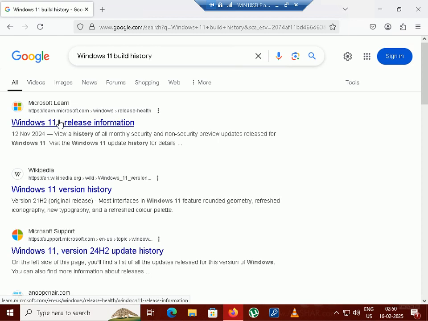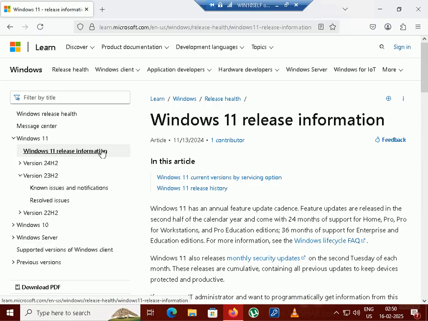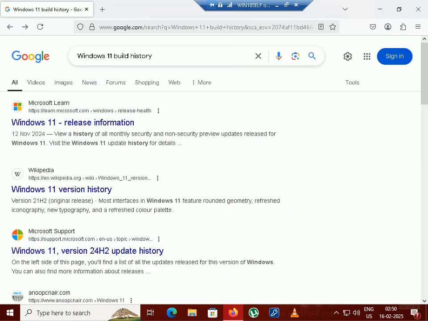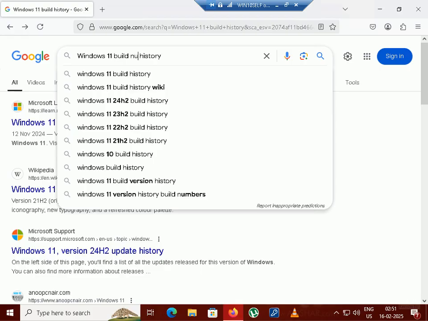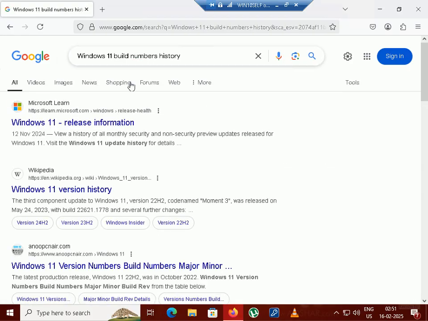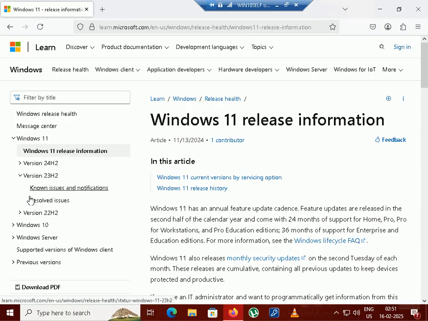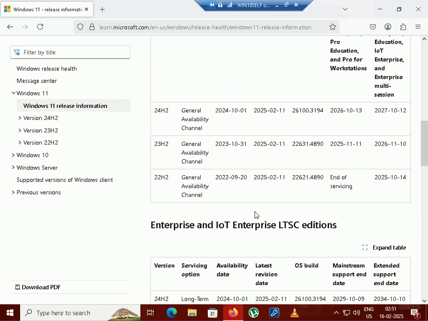Okay, so here is the official link of Windows 11, and if I'm clicking on Windows 11, let's see, just a minute, is it the same size? Just a minute. Let me see over here. Yes, so you can see over here